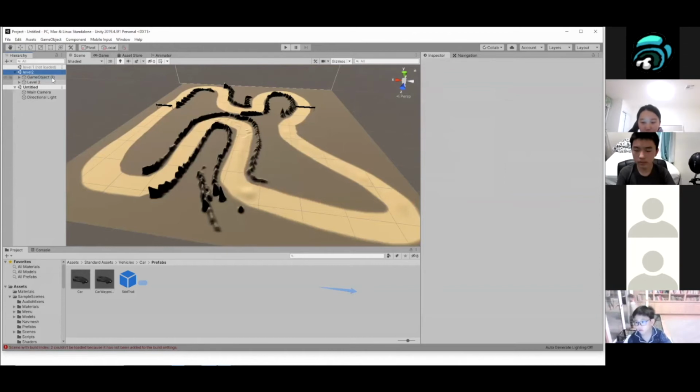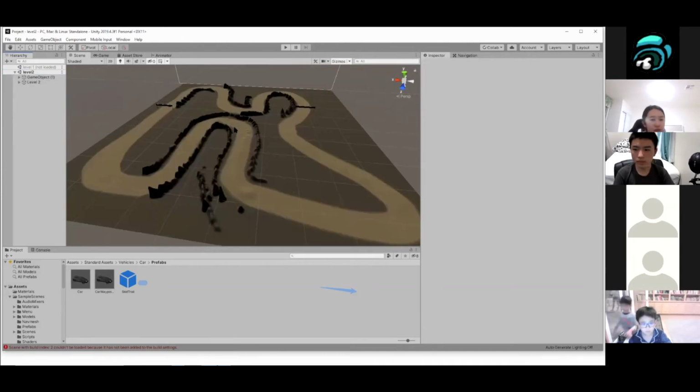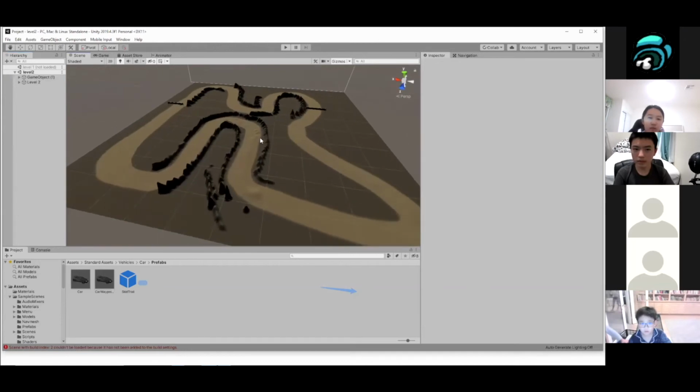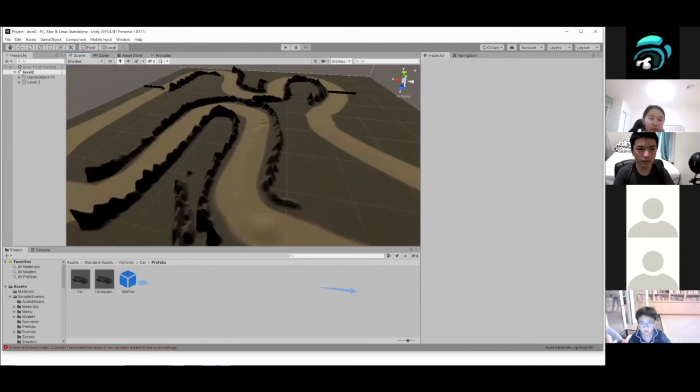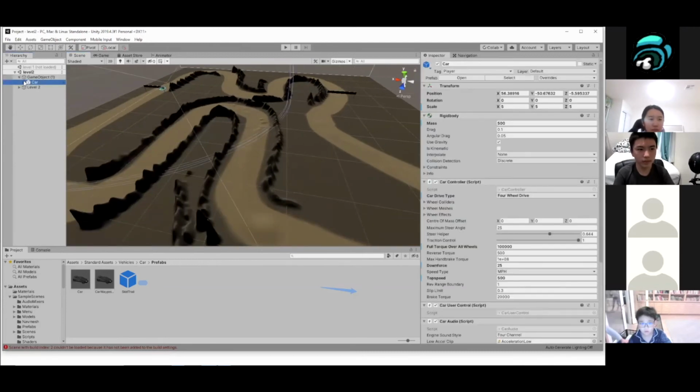Albert asks, is there damage done when you crash the car? All right, no. And Sean, is it possible to make multiple cars? Yeah, I think you can make multiple cars, but I'm not sure how to control them. I mean, you could just copy and paste, but